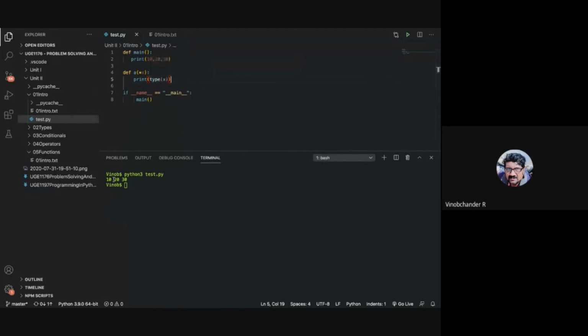But essentially this X, as you said, list or tuple, it is a tuple. And since it is a tuple, you can have it this way also, or you can have a for loop. So for I in X, you can print I.